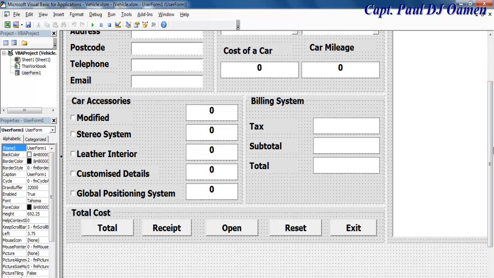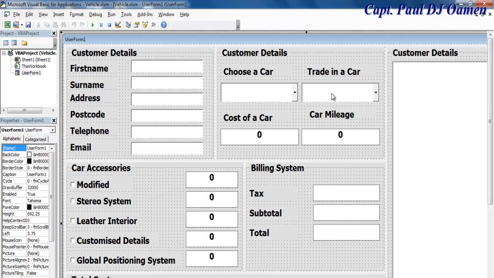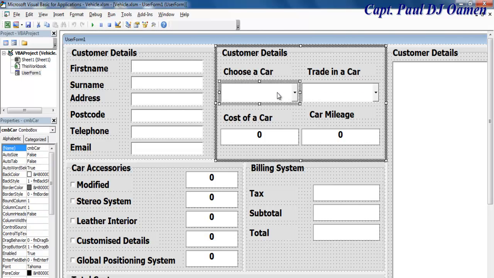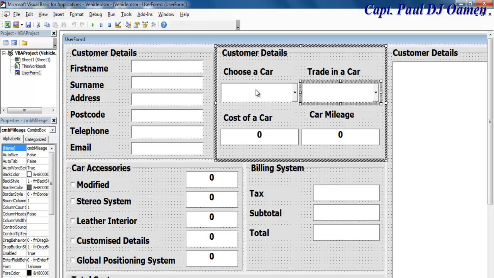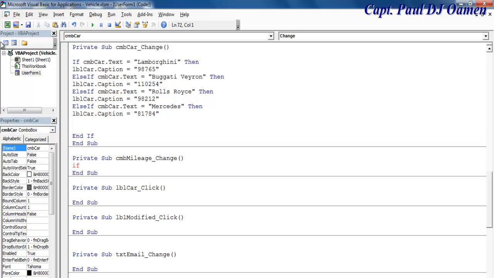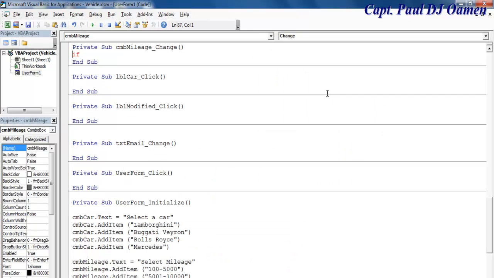The first thing I'd like to do now is, you see this very one, we need to repeat exactly the same thing. So let's copy that name, that is CMB mileage. Double click on that, and we're going to use an if statement just like we did here. Okay, so let's get back in there. Double click if that dot text